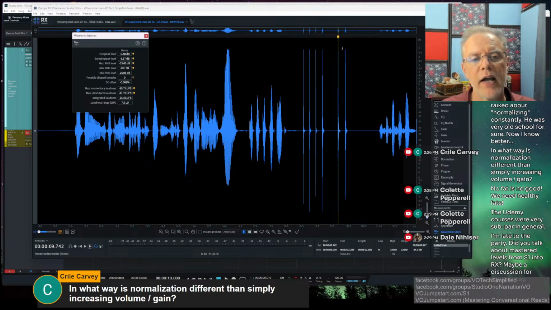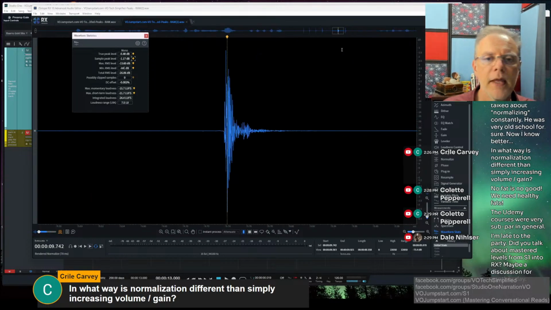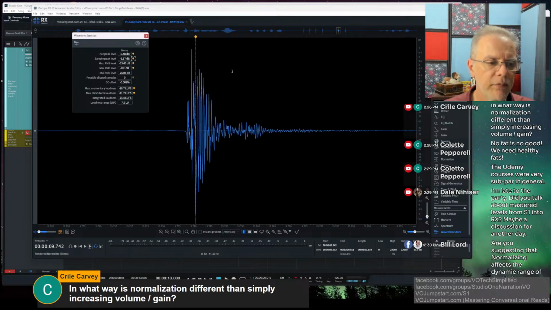And now it finds one of them, the closest one to where the cursor was. I can't remember if it goes both forward and backwards. But anyway, there's one of them. And when I zoom in on that, if you look at the little thing here, yeah, that one's right at the level that we talked about. And it's actually right down here. There it is right there. It can be on the high side or the low side. Same thing. But point being, it finds one peak, the highest. Based on that, it decides how much gain to add or subtract.